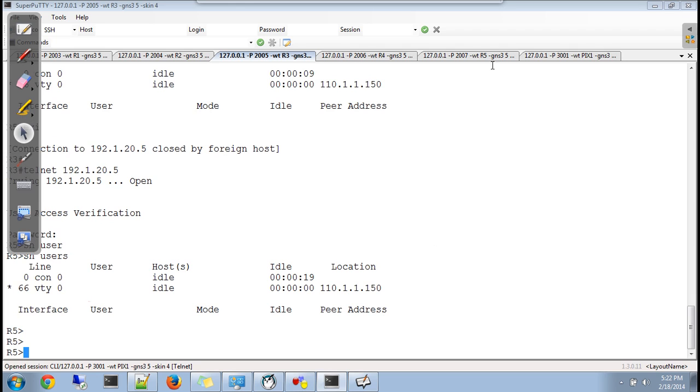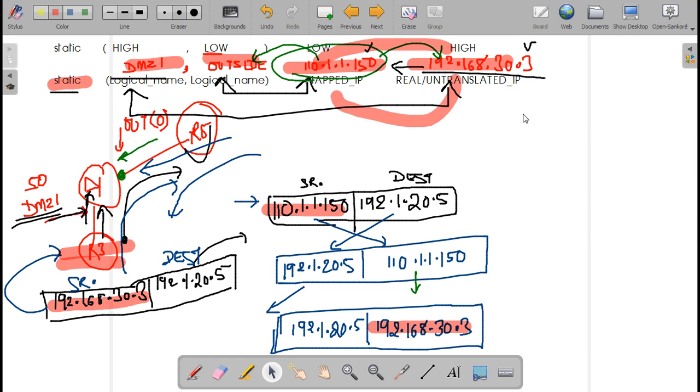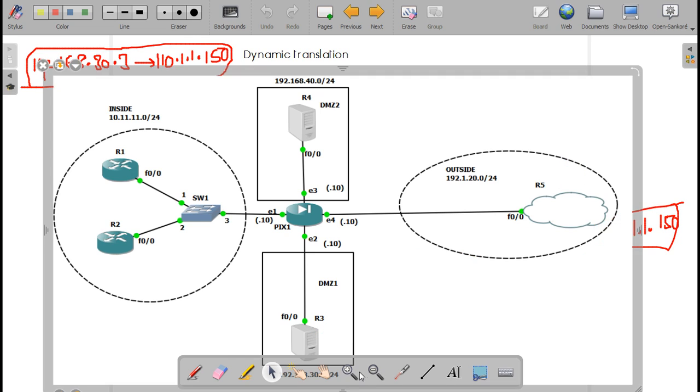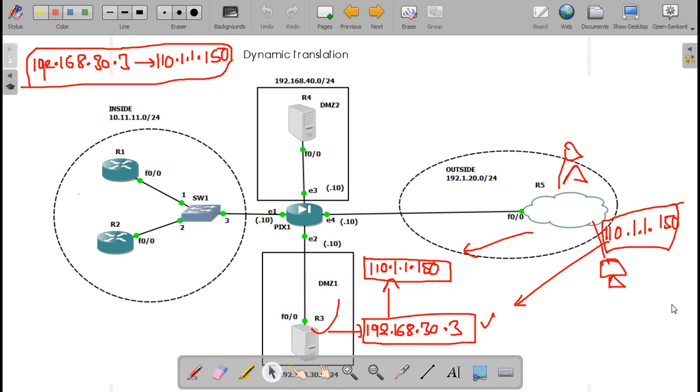but this is not the end of the story. Your whole objective is what? That people on the internet should be able to access your server. See, this will never happen that Google will send you a page, saying, I'm the Google server, take my page. Google, Gmail, this will never happen.